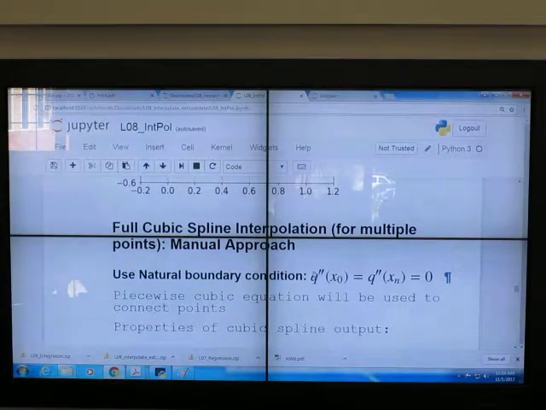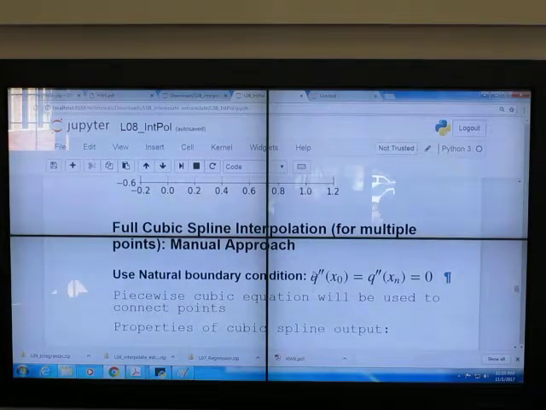Notice that this time you don't need to know the slope. Isn't that good? For multiple points, you don't need to know the slope. You just need to know the point. And you have to, because you never know the slope, right? How can you know the slope? When you do the interpolation, you get the point, the data, x data, y data, but you don't know the